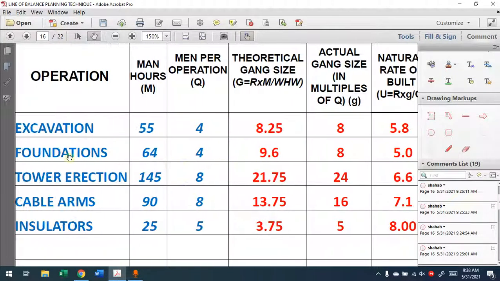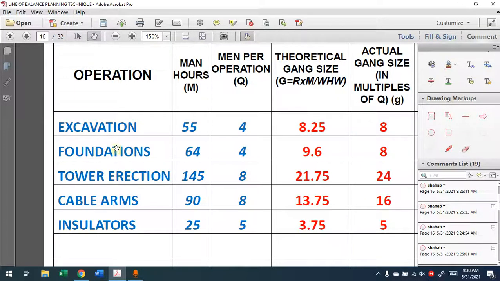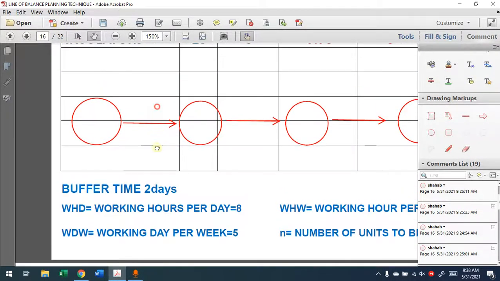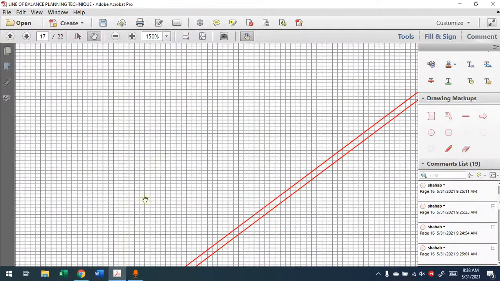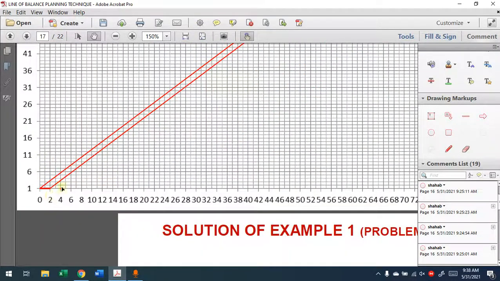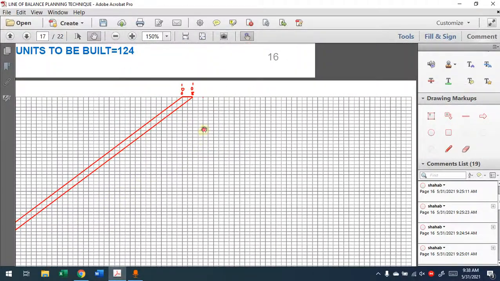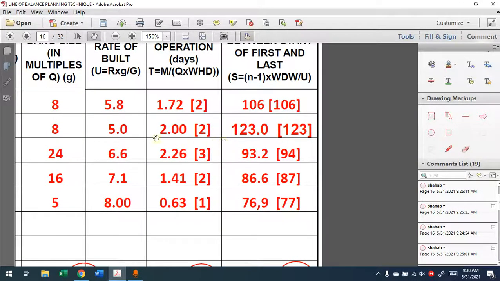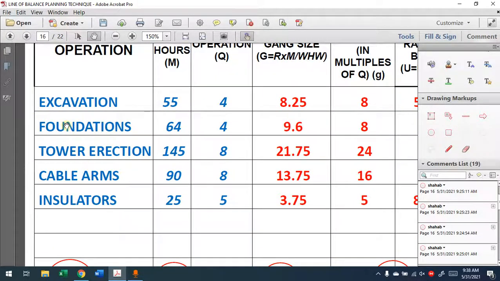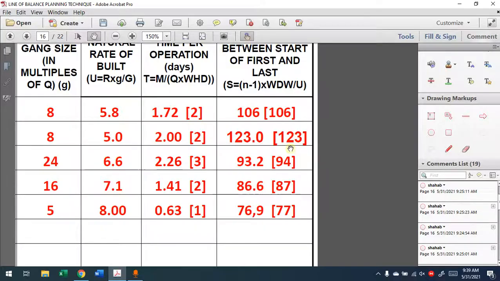So the second activity depends on the first activity, so it will not start from 0. This activity finished at 2, let's say talking about the first unit, finished at 2, plus the 2 days of buffer time. So the earliest starting time for this activity, which is foundation, will be 4. This is clear from the bottom because we leave 2 days, so minimum 4. Now remember, this is 4. How do I find the top point there? I saw this from a lot of students. The top point here will not be directly 123. This 123 is the elapsed time, the distance between the start and the end. The start of this foundation became 4. So 4 plus 123, 127,